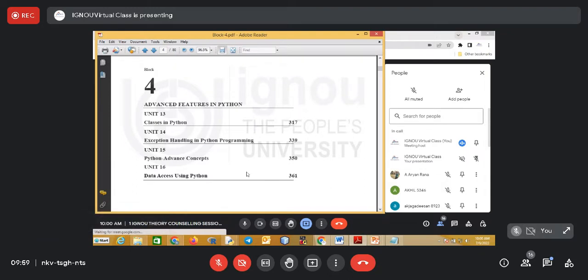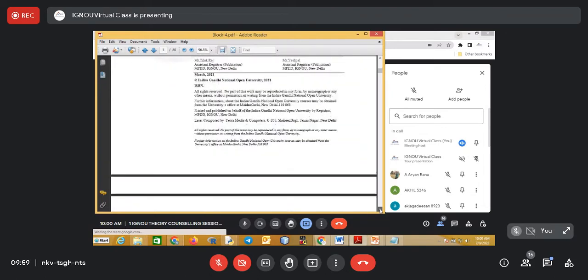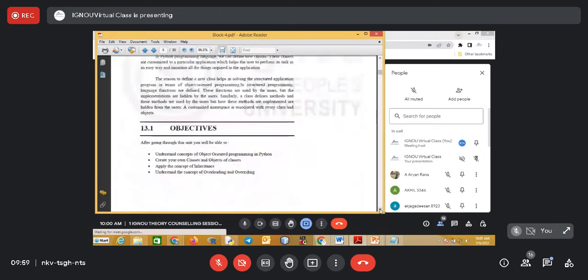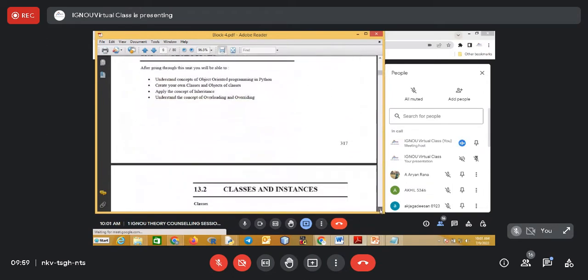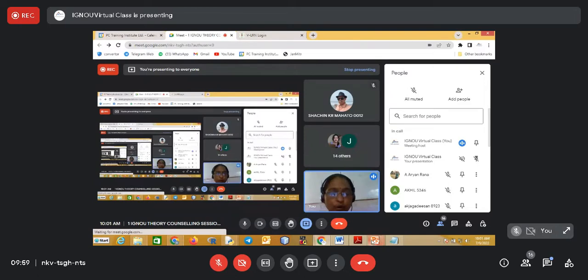So unit number 13, we covered the concept of classes. So the first thing is, what is the definition of a class? It is a blueprint. We can say it's a similar group of elements, or member data or member methods. So they give the definition, and before going to the block,